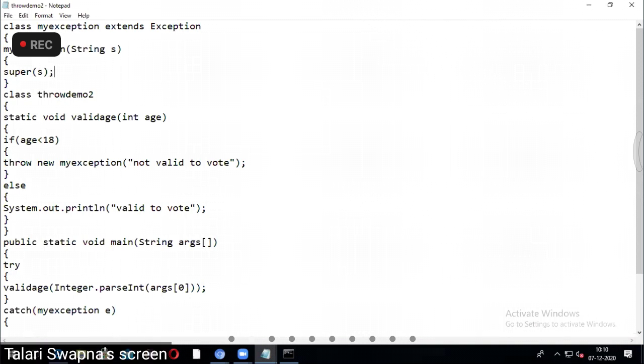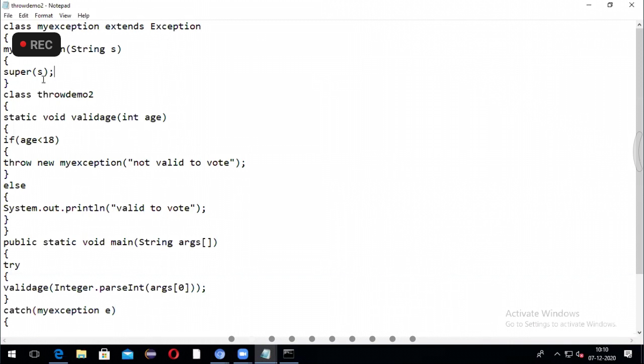About super I already explained you. Super is used to call the parent class constructor. It is used to make a description available to that exception handler. So when you use super, it is going to call the Exception class, that in turn is going to call the Throwable class, that is in turn calling the predefined method printStackTrace, that is going to give you all the description about your exception.